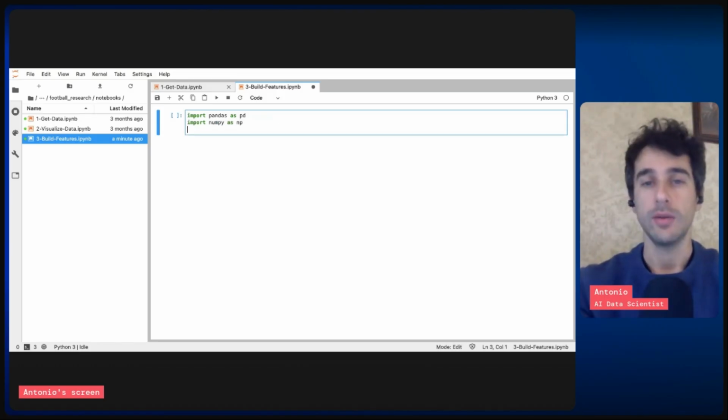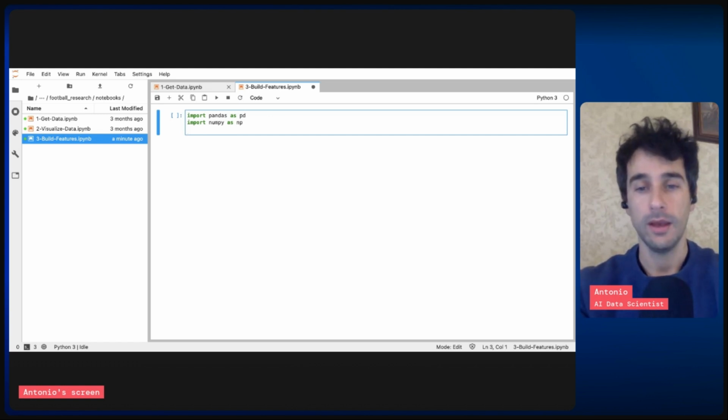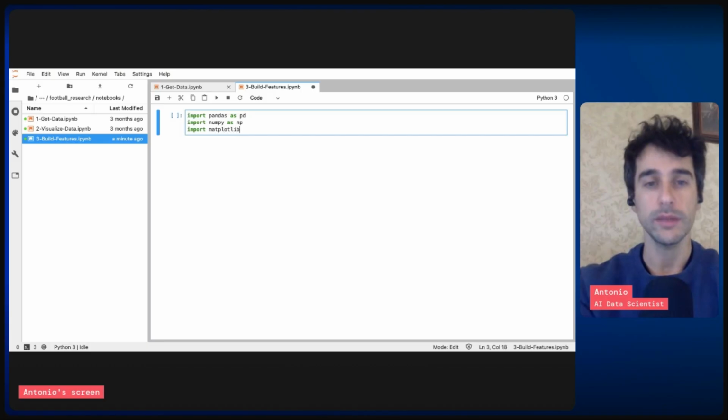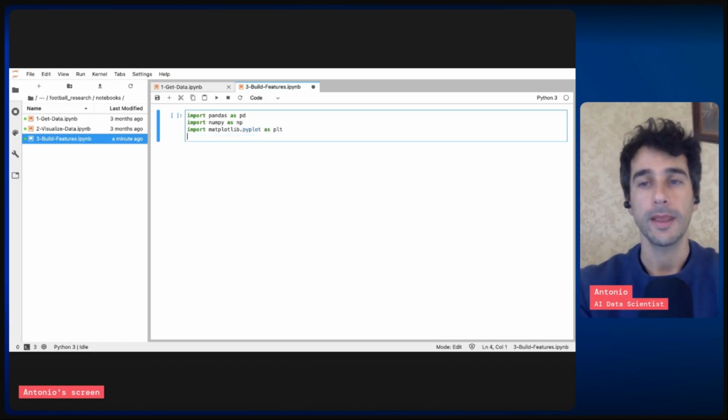This will allow us to build the features in a more efficient way. We will import matplotlib.pyplot as plt. This will serve us as our main library for data visualization, to visualize the data at the end. And import matplotlib as